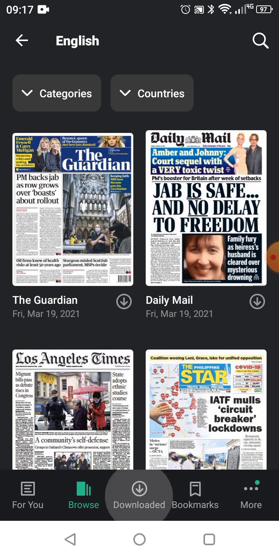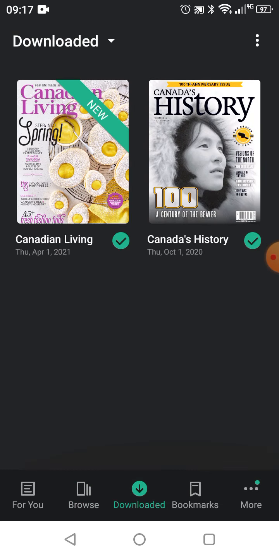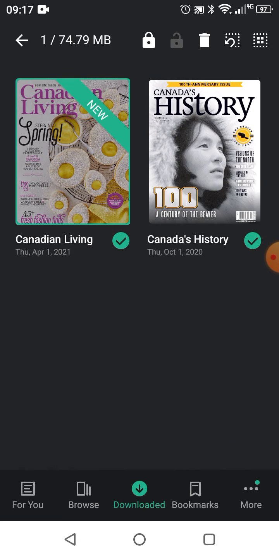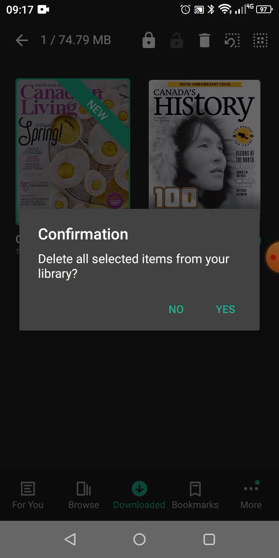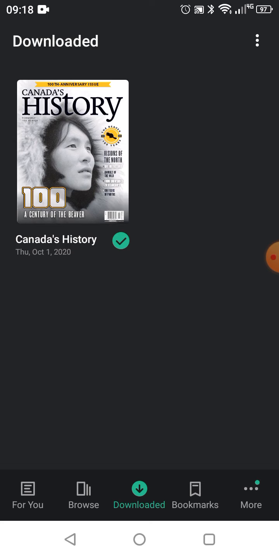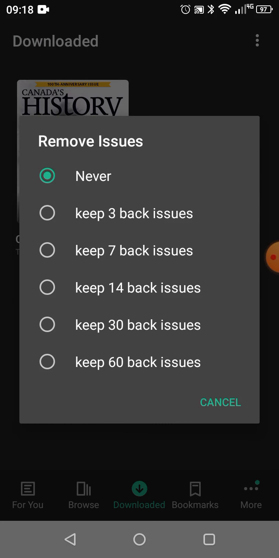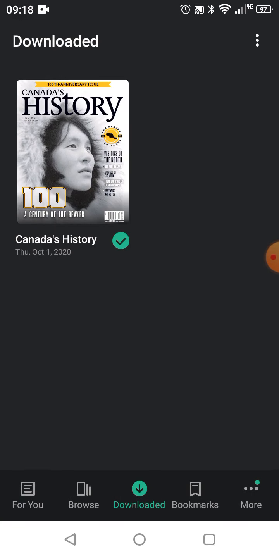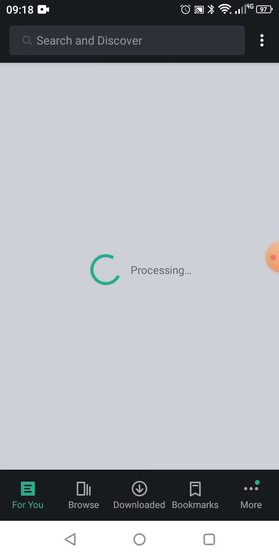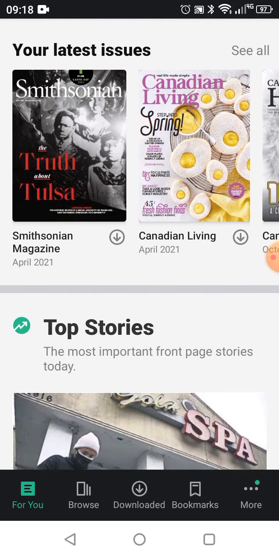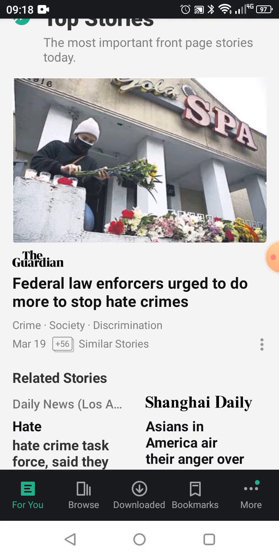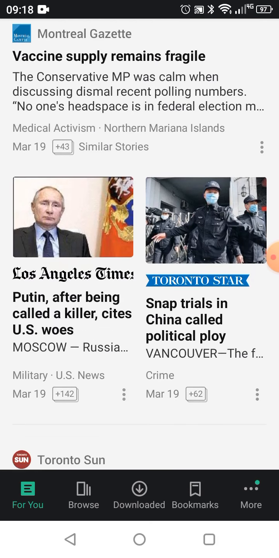So next, let's look at the downloaded page. Perfect, so there's 2 downloaded. And if I want to remove an issue, I can click and hold and click the garbage can. Or if I click the 3 dots in the top corner, I can ask to only keep the last 3 back issues. Perfect. If I click the For You button, this will show us top stories in news recommended